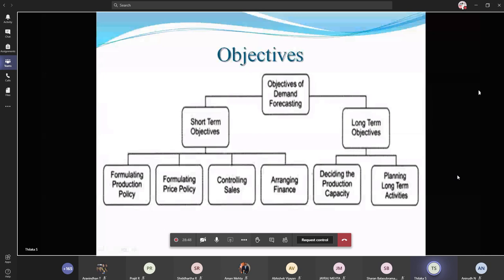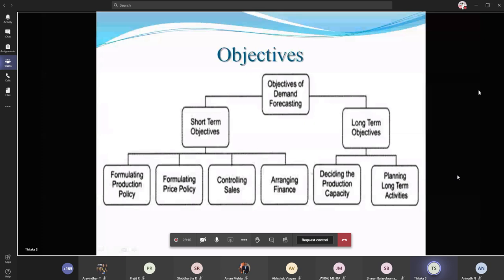What do you mean by the production policy of a firm, industry or company? What do you mean by production policy? It generally relates to the output. This helps in covering the gap between the demand and the supply. So according to how many commodities are demanded, the output is going to be decided.